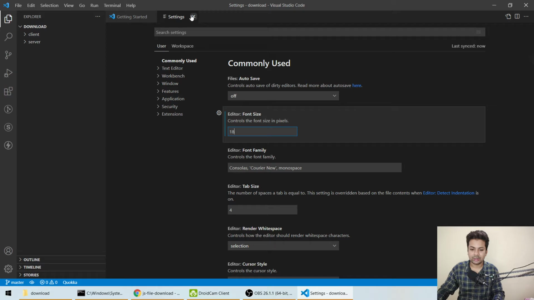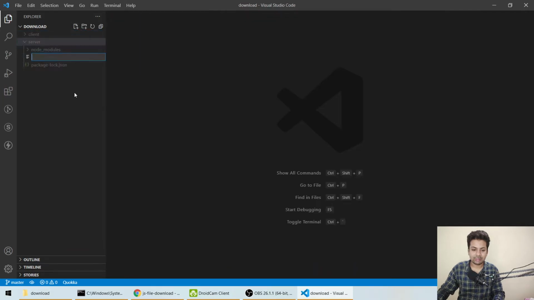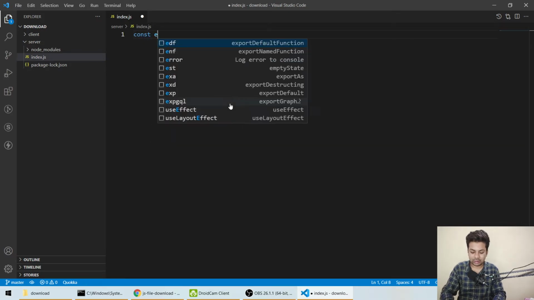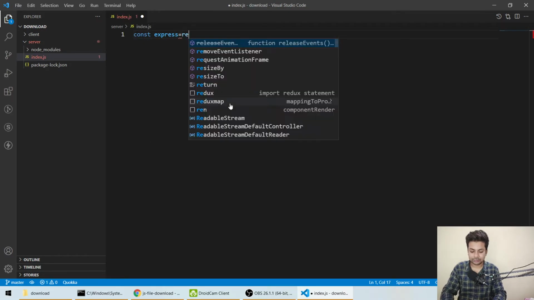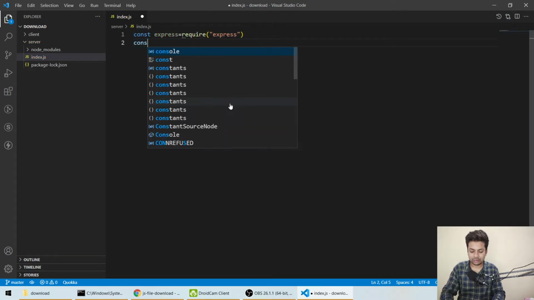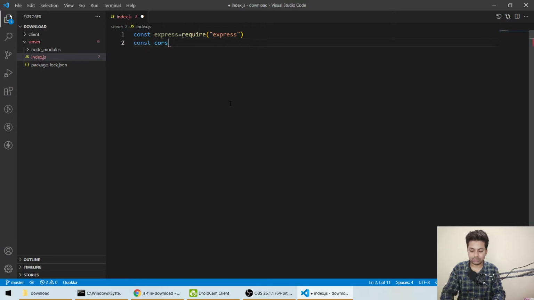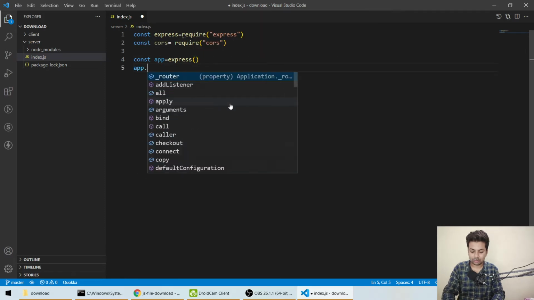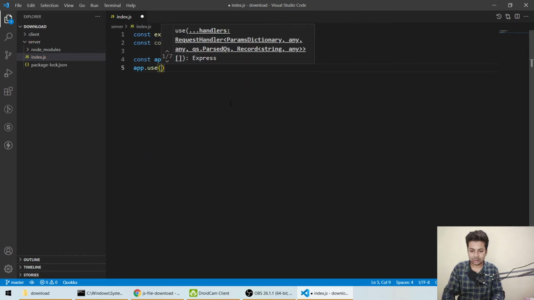Okay, in the server, let me make a file called index.js, and here we'll quickly make an API. Require express, and the cors equals require cors, and we'll say const app equals express, and here app.use cors.